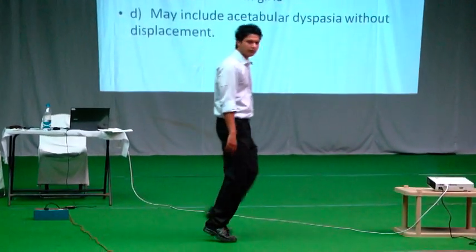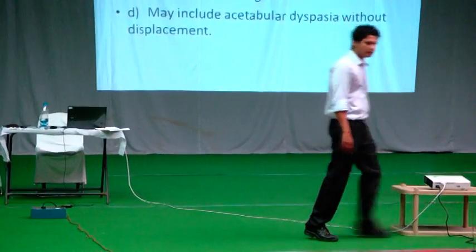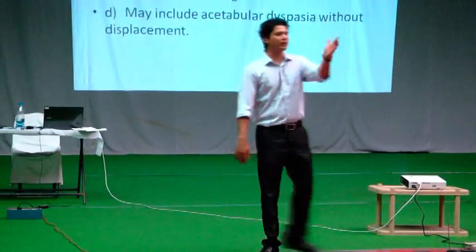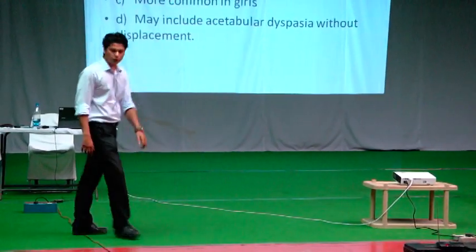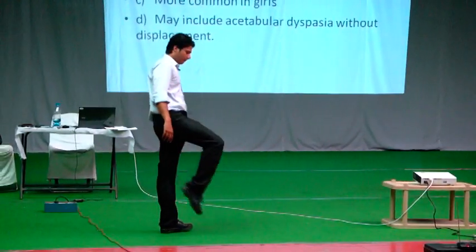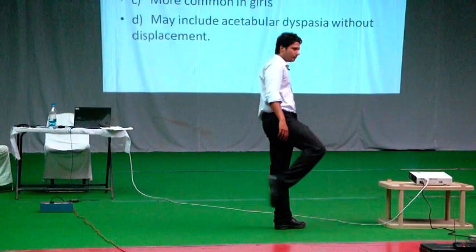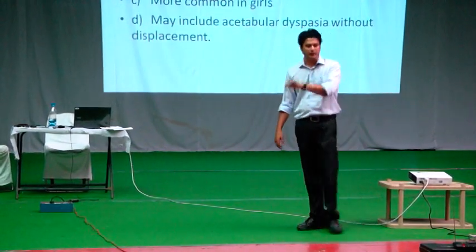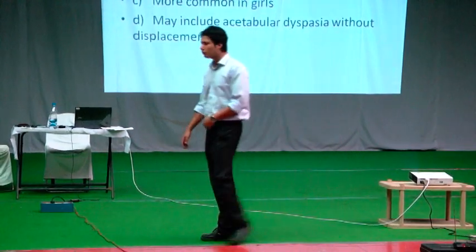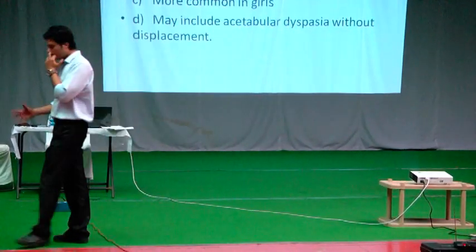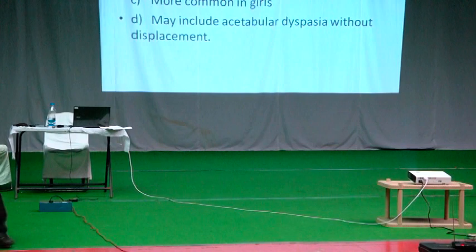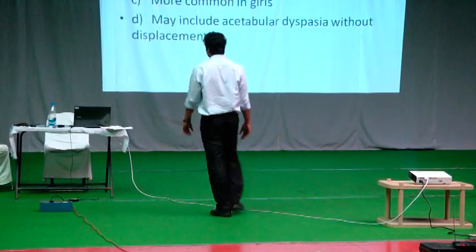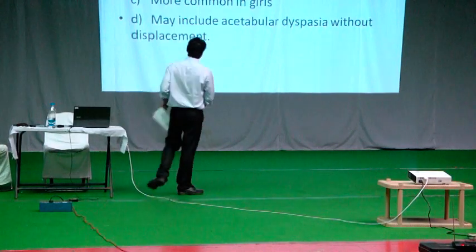So how will he walk? He will walk like this. He will drag the toes on the ground. In order to prevent this dragging, what will he try to do? That is why it is known as high stepping gait. What is the name of the prosthesis, or the splint, which is used for this? It is ankle foot orthosis, AFO. Ankle foot orthosis in case of CPN.